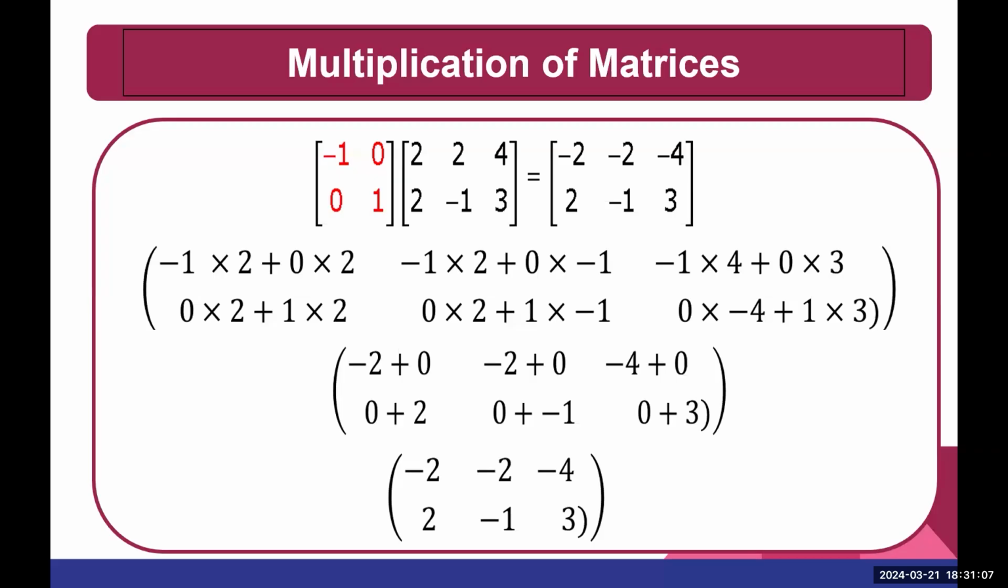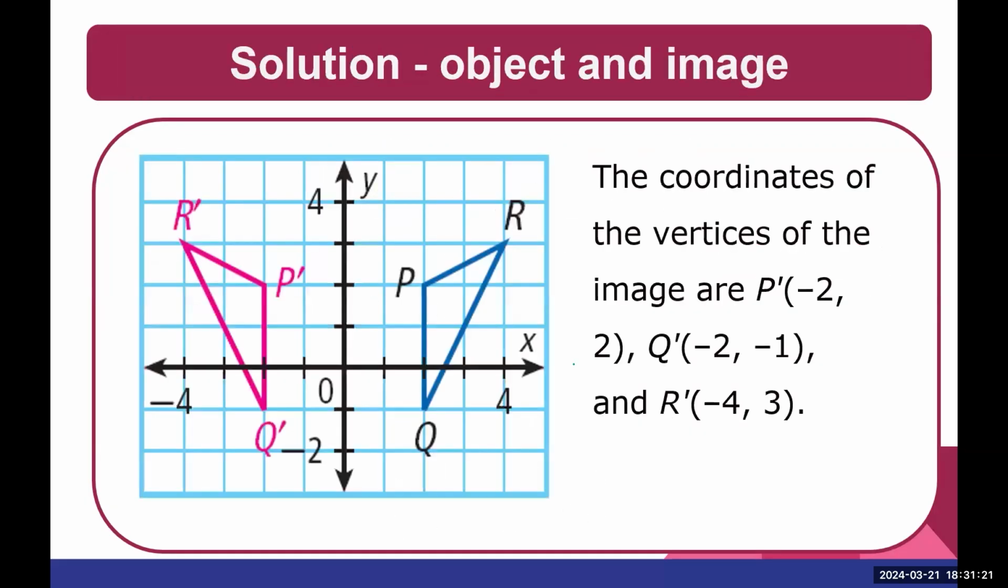So they would go about multiplying by negative 1. It all depends on which axis it would be reflected in. So this is the procedure to go about doing matrix multiplication. All right, so this is the solution